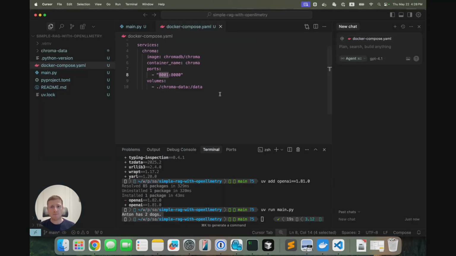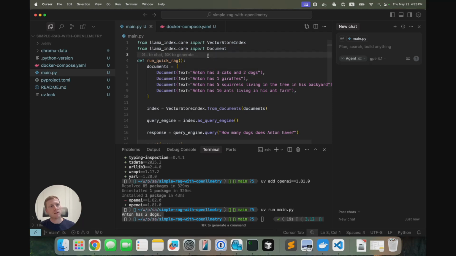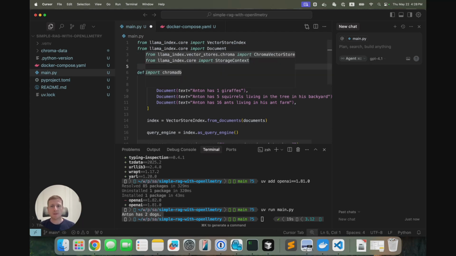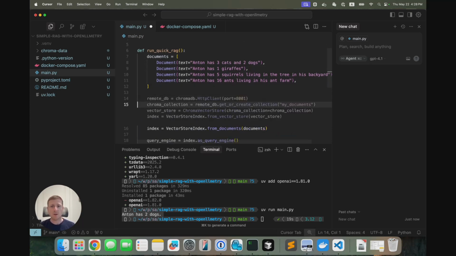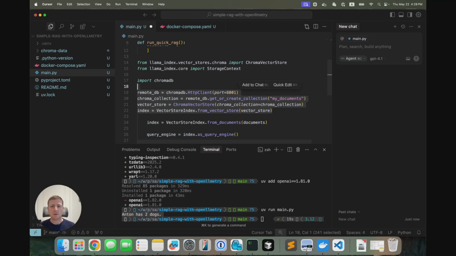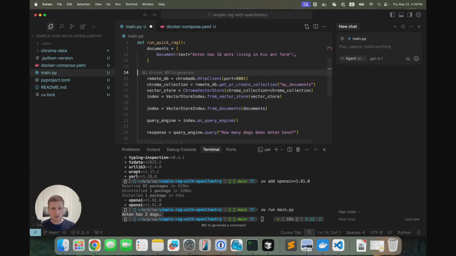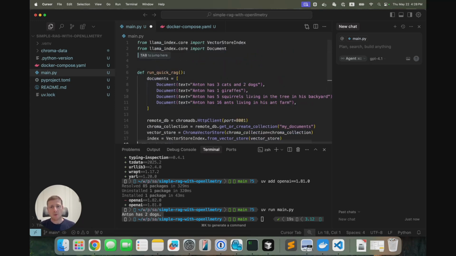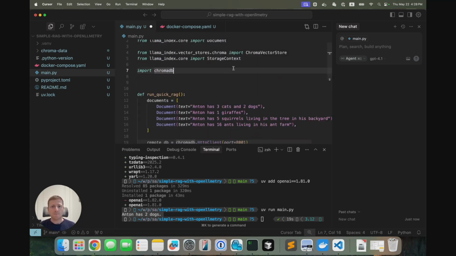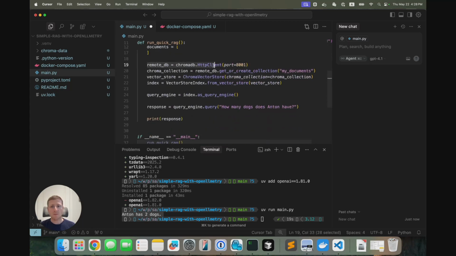Let's go back into our code, into the main.py. So let's replace this index, right, with the actual ChromaDB index, right? So again, I had some preparation, so I'm copying, pasting, and I'm going to explain what it is and how that works. So basically, that's the remote database, the Chroma database under the port 8001, right? I'm creating a collection, just arbitrarily named my documents, right? We create the LlamaIndex based Chroma vector store, right? And now use that to create vector store index, and all the rest stays the same,